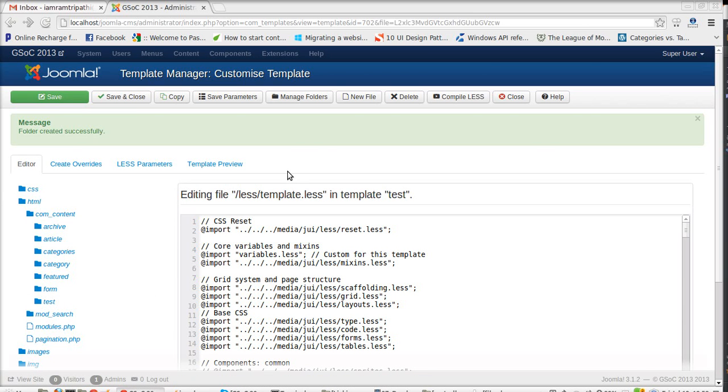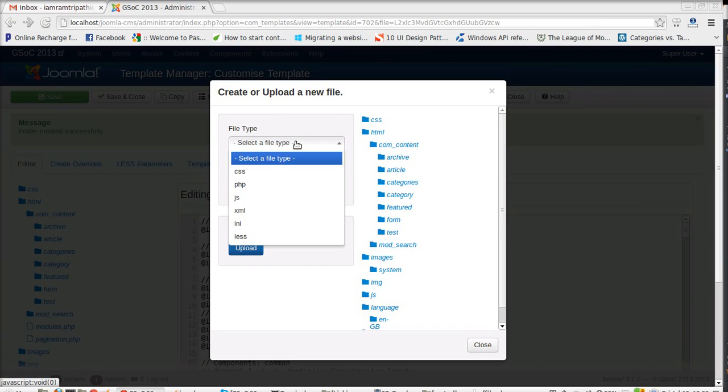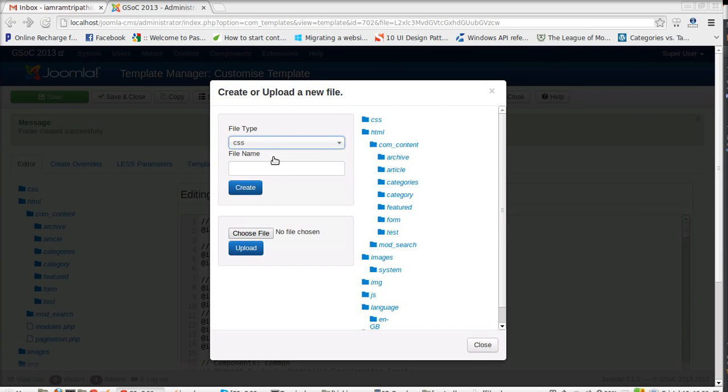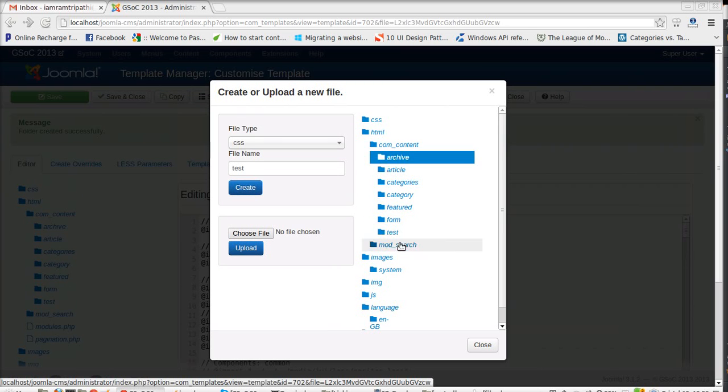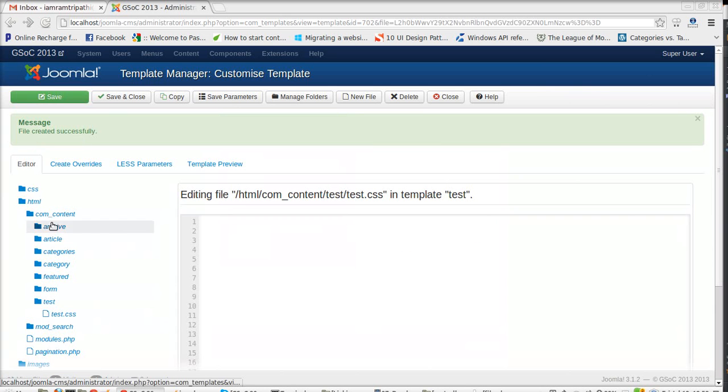So now what we'll do is we'll create a new file inside that test folder. We'll select a CSS file, a test.css file. We'll create it inside the test folder, and we can select all the folders from here. So inside the test folder we want to create the file. The file is successfully created, and it is automatically opened